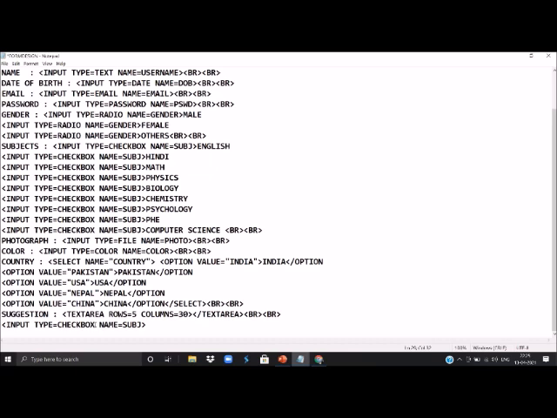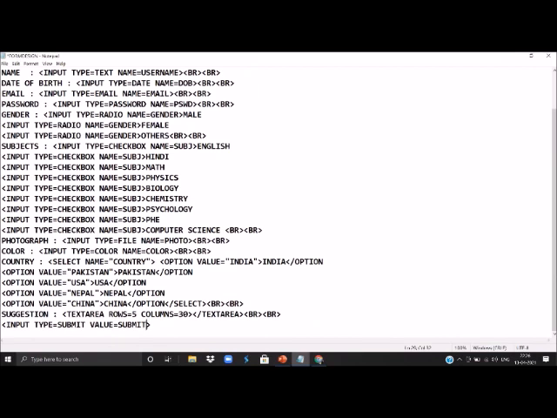So input type is equal to submit, and here we will use the value attribute so that it will show a submit button, and whatever text we want to appear on the button, that text will be given here.